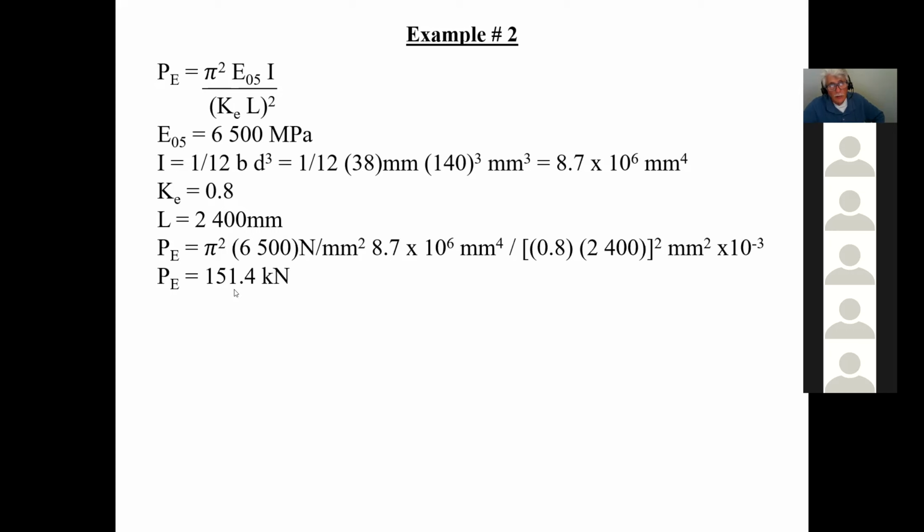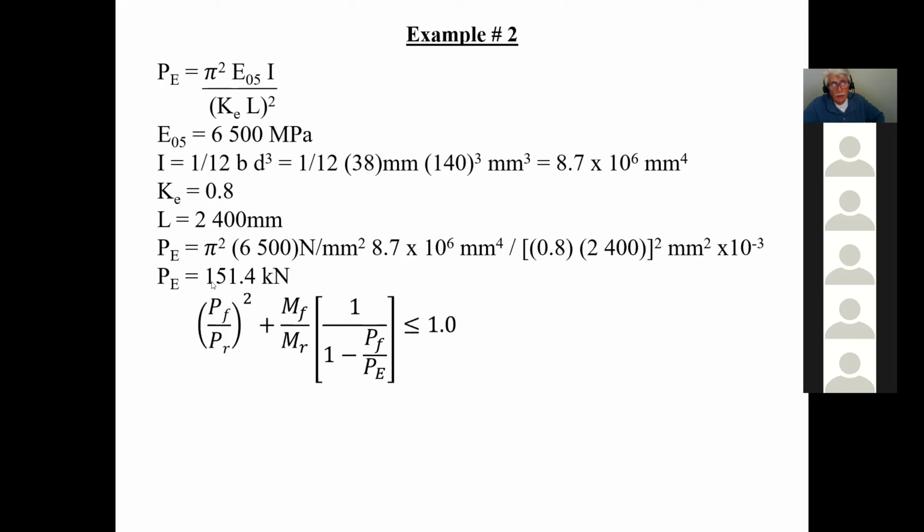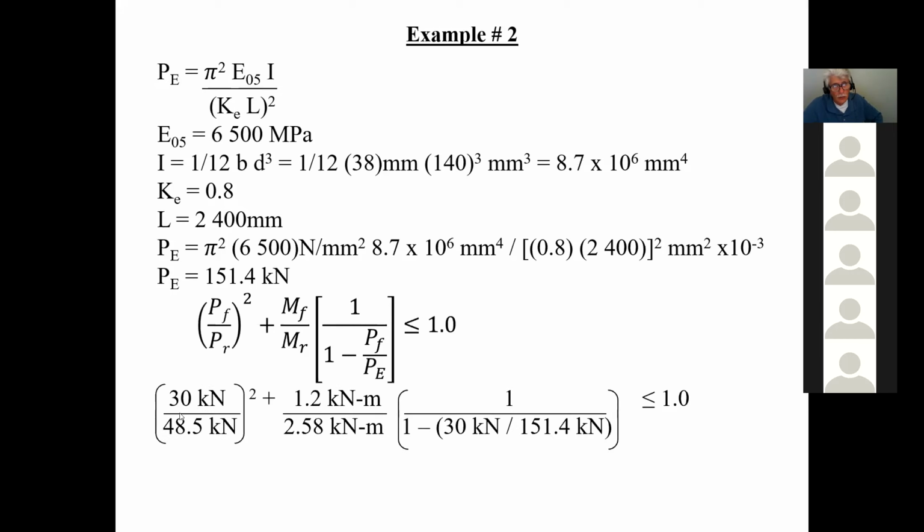And therefore, now that I got all the values, I simply put everything into this equation. And hopefully if it ends up being less than 1, it's good. If not, I have to change the size of the member, or I got to do something. So basically 30 over 40.5 squared, 1.2 times MF over MR, 1 over 30, 1 over 30, and so on. And if I do this, here I get